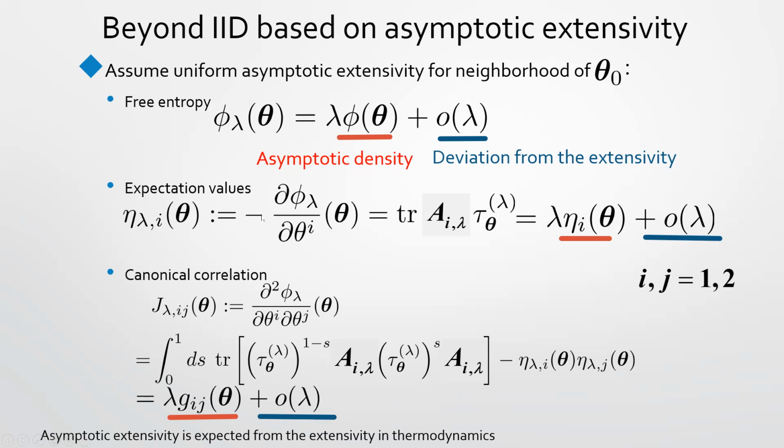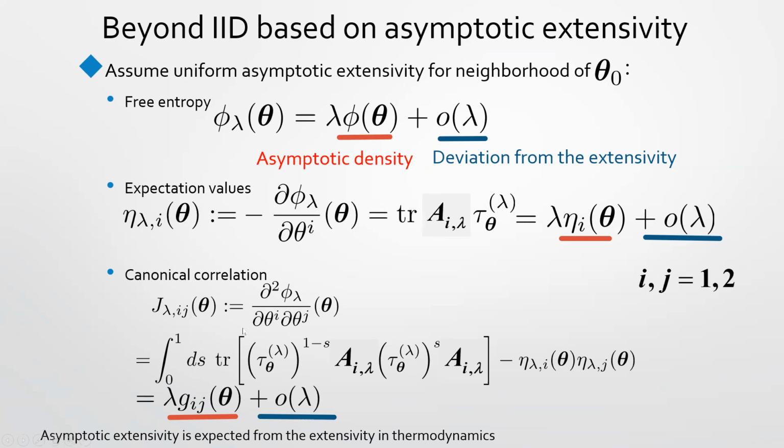This is somehow related to information geometry. Information geometry is a very powerful tool to handle this problem, but this relation is not sufficiently focused on. Once we have this one, we define this convex function. This is a convex function for theta. And once we have this convex function, we can define the expectation value, which can be described by the minus of the partial derivative in this way. And also we consider the correlation by considering this one.